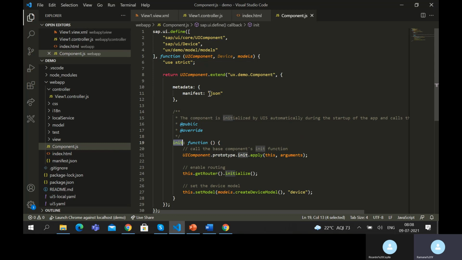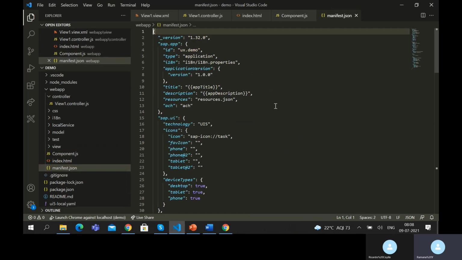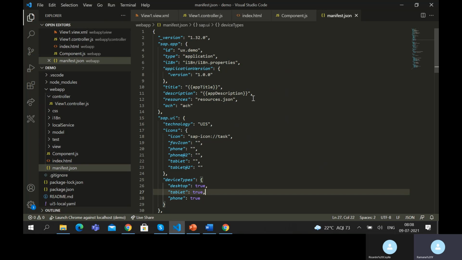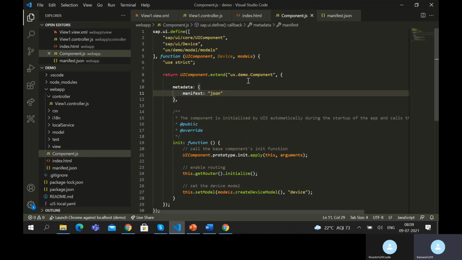Okay. So this has something called manifest, a descriptive file, we'll call it. It will have all the instructions for the runtime to understand which library to use, which version to use, and which OData service to use. All our model, view files, routing information, everything is organized in one place. The runtime, by looking at this information, knows which version to run and how to run, and which OData services to use. All the folder structure which we defined is described in a single file. So we call this the descriptor file. The descriptor file is loaded as part of your component. So when component is run, by looking at the manifest, the runtime will be able to execute